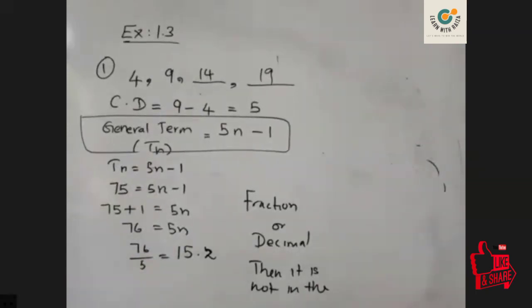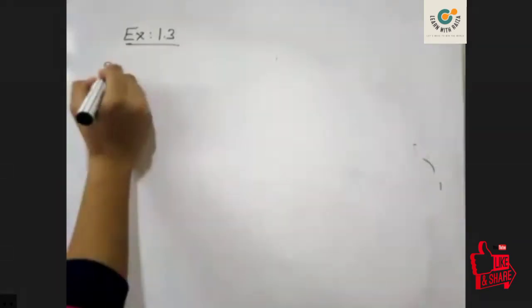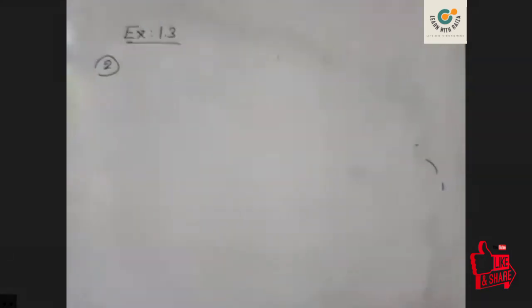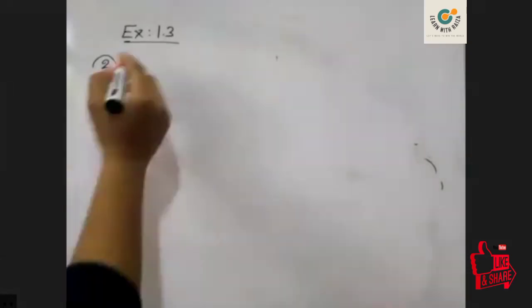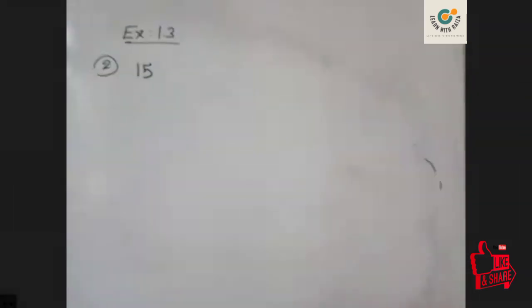Now let's discuss question number 2 of your exercise. A worker cuts pieces of rods of different lengths from iron rods which are 5 meters in length in order to build a gate by welding pieces together. The length of the shortest piece of iron rod that is cut is 15 centimeters. The difference in length between two successive pieces is 10 centimeters.